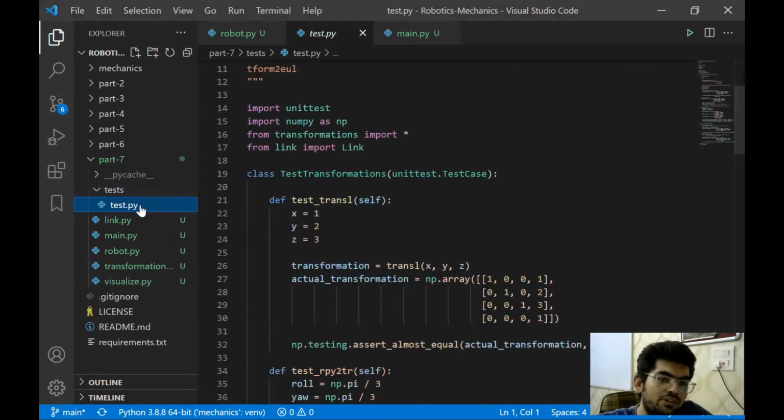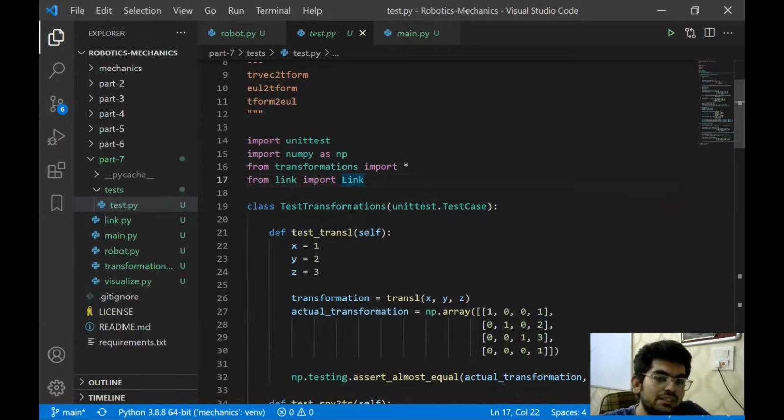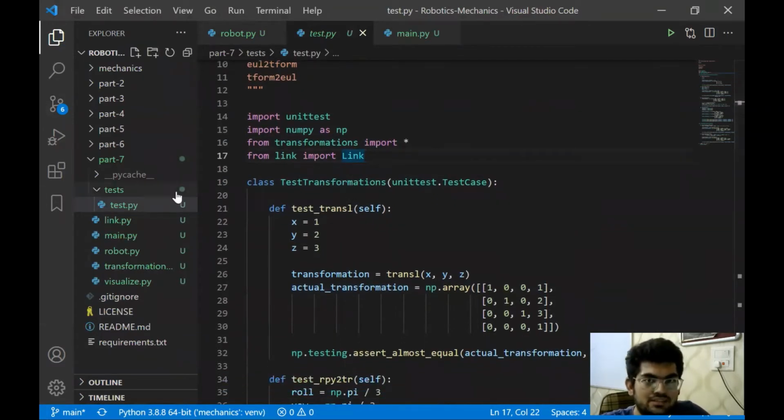Now, one problem that we are going to face is we won't be able to directly import the classes that we usually do, because now we're in a separate folder. We'll fix that later, but first let's write the robot tests.